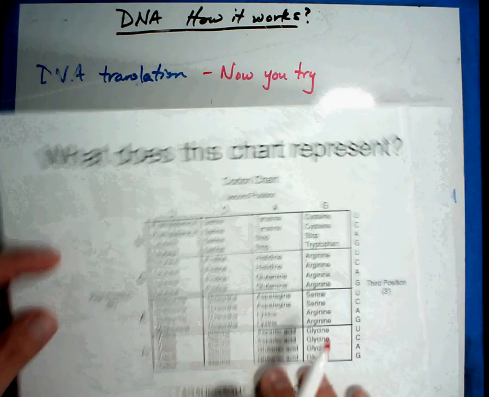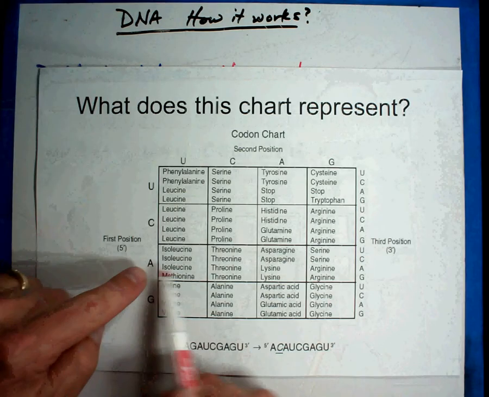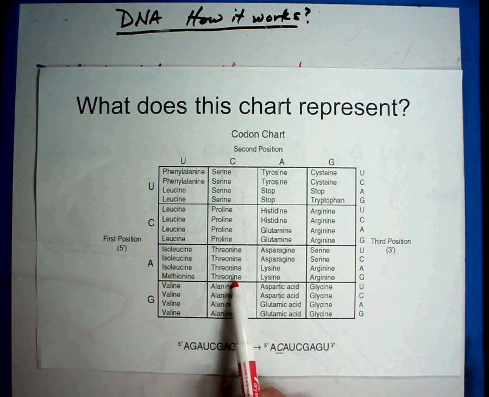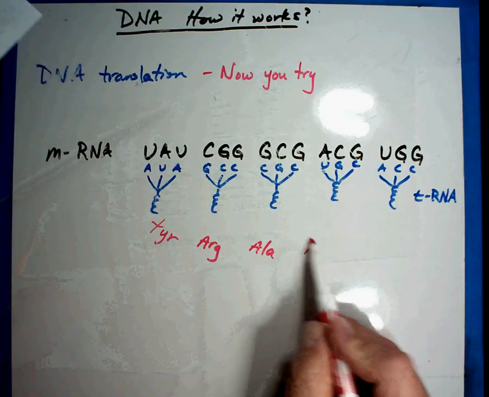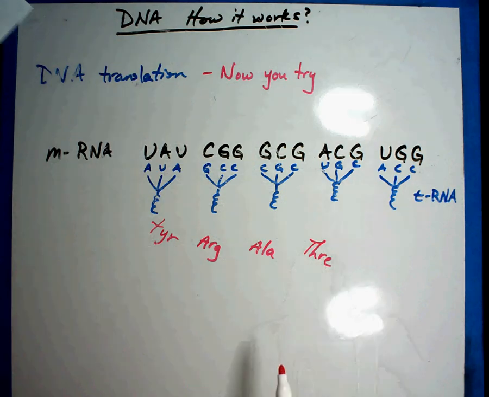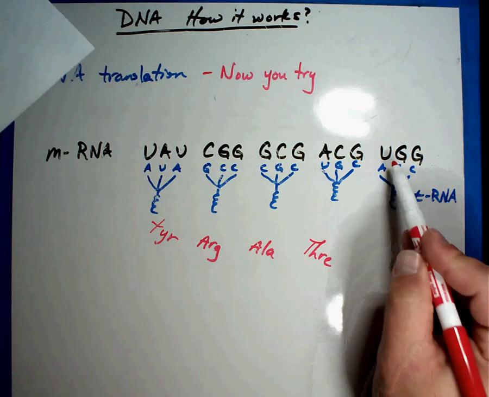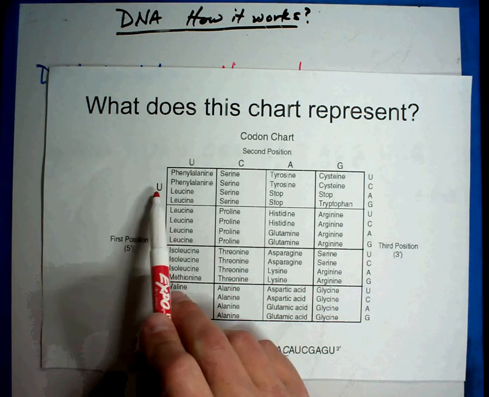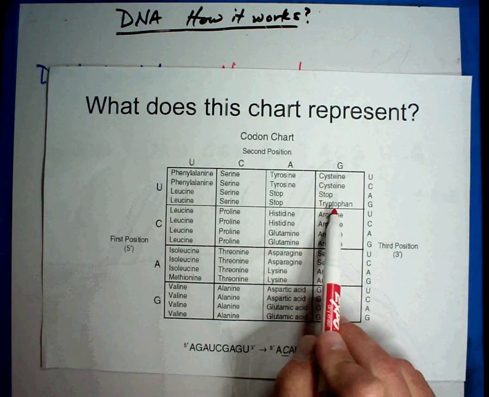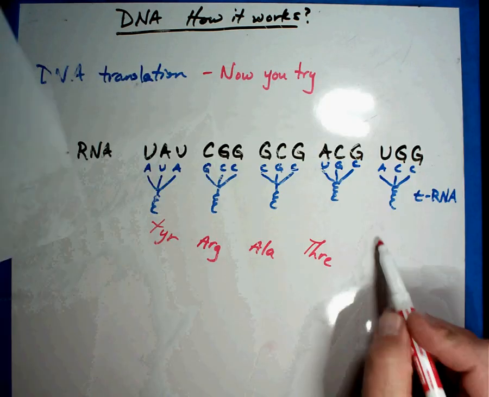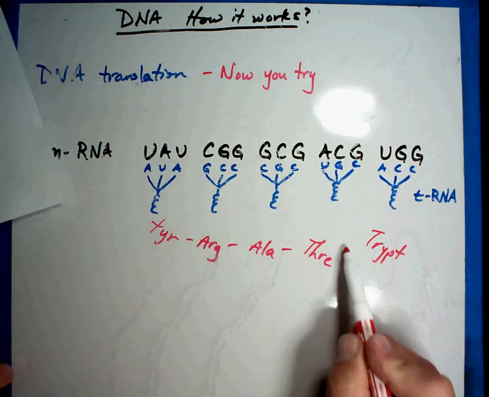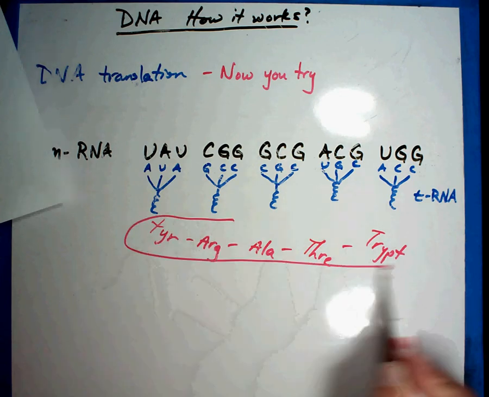A-C-G. A-C-G. This one's called threonine. T-H-R-E, that'd be good enough for threonine. And the last one is U-G-G. U-G-G. Tryptophan. Each of these will attach to each other, and this becomes your